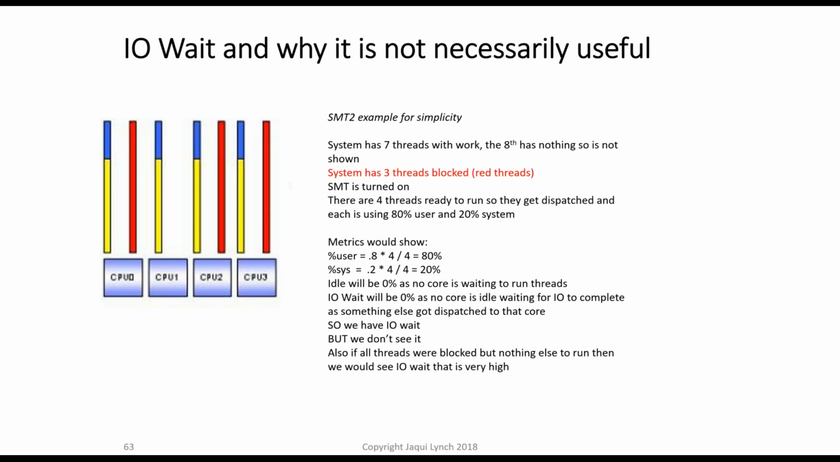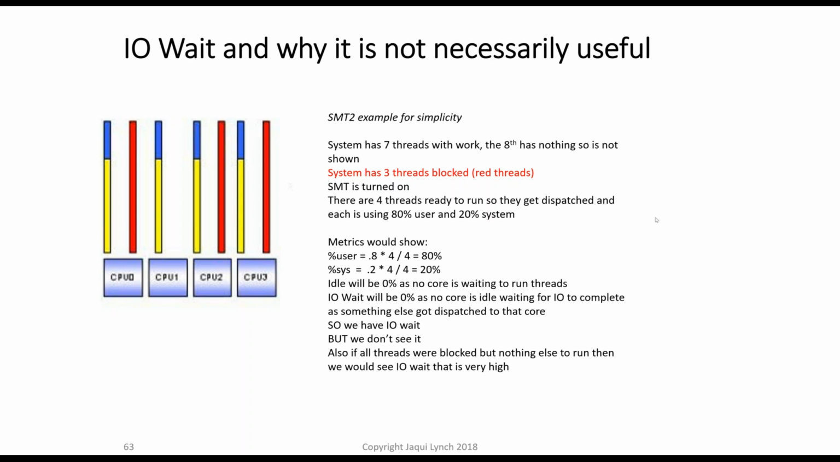All right. I want to touch on I/O wait because, again, it's something that people get very confused about. I/O wait is not necessarily useful, and the reason is that it's very misleading. If I look at this, I have 7 threads. I don't know what happened to my 8th one. And you'll notice that 3 of them are red because they're blocked and 4 of them are running. So 3/7 of my threads are blocked. This will show as 0% I/O wait,